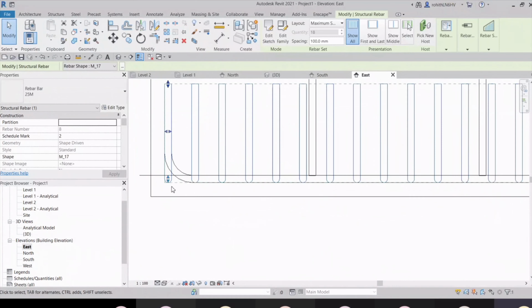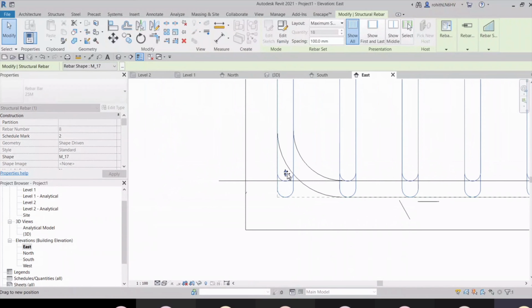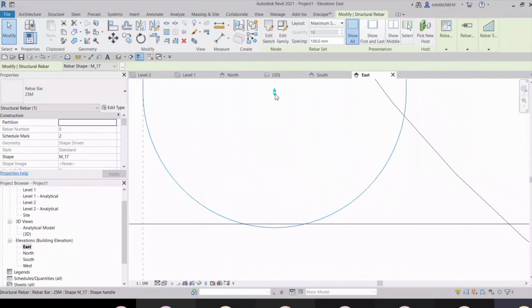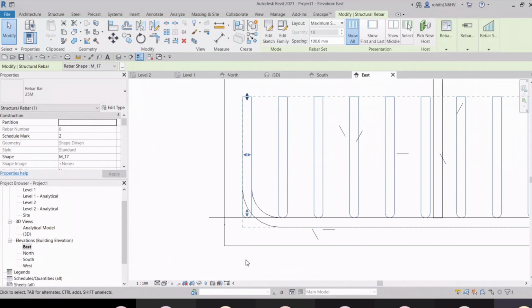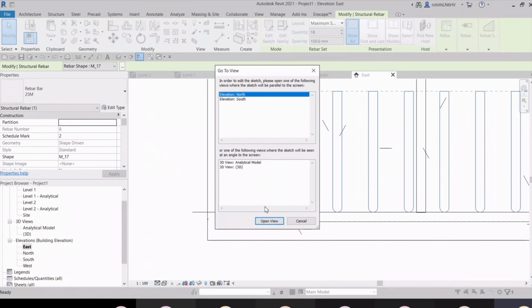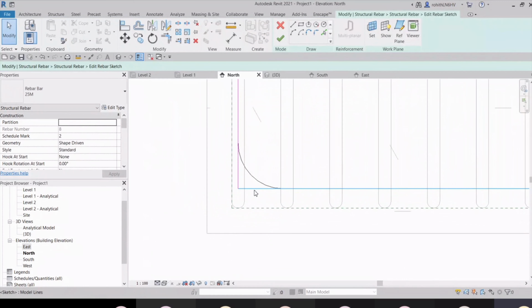And then let's select and then drag it till there. We'll see snaps, or else you just have to match it till there. Or else what you can do is go to edit sketch option and then go to north view there. And from there, you just have to check the distance.